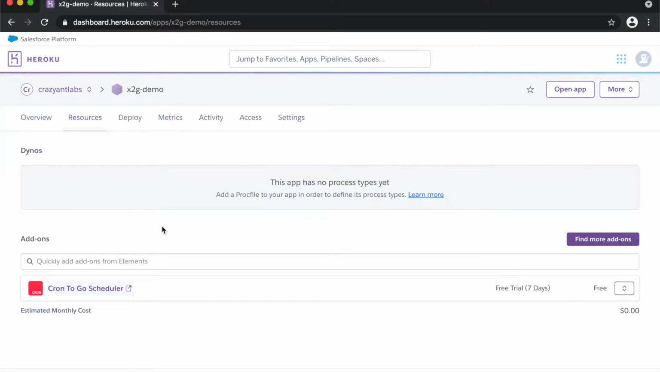Hey there! In this tutorial, we'll show you how to monitor job executions on Heroku using Cron To Go. This comes in handy in the case of failed jobs, or if you want to ensure that your job runs on schedule. To begin, go to your app's dashboard, find Cron To Go in the add-on list, and click on